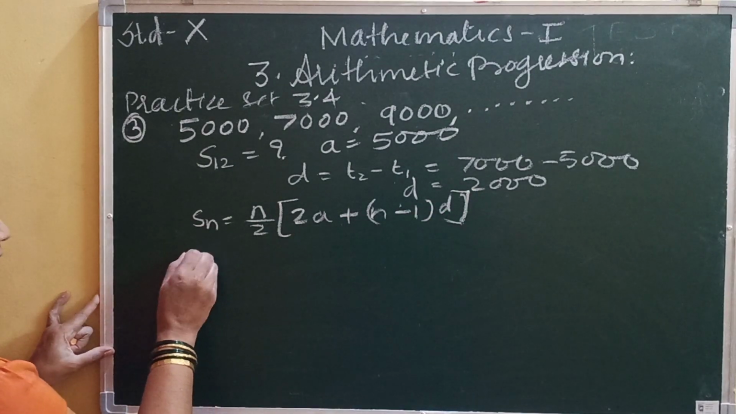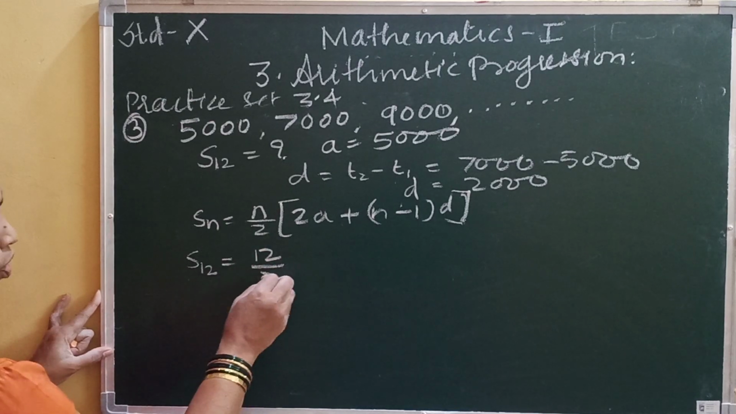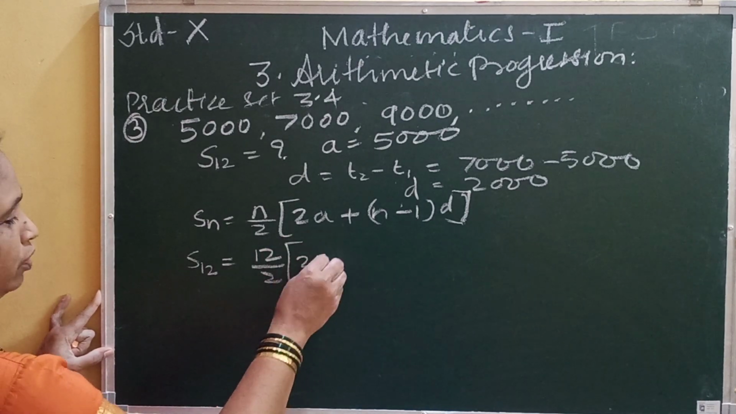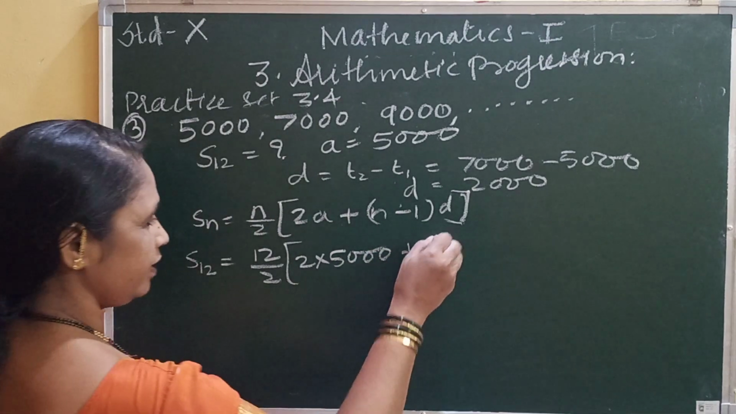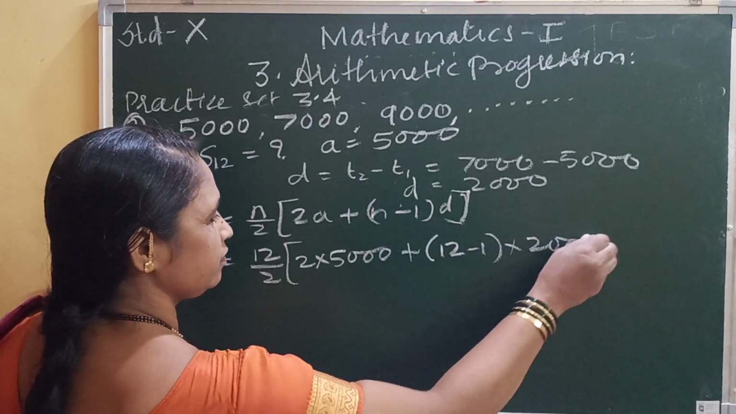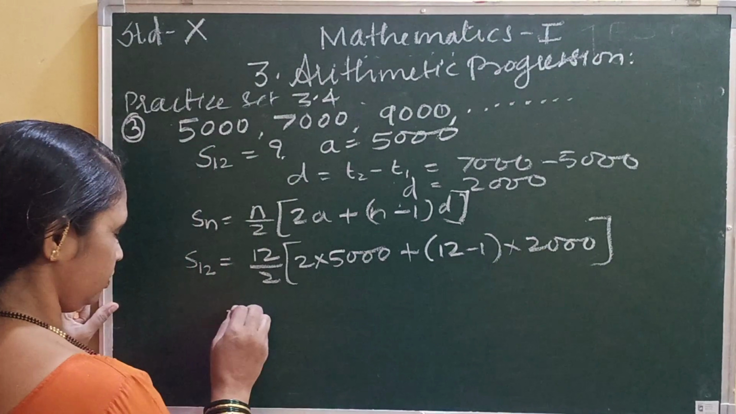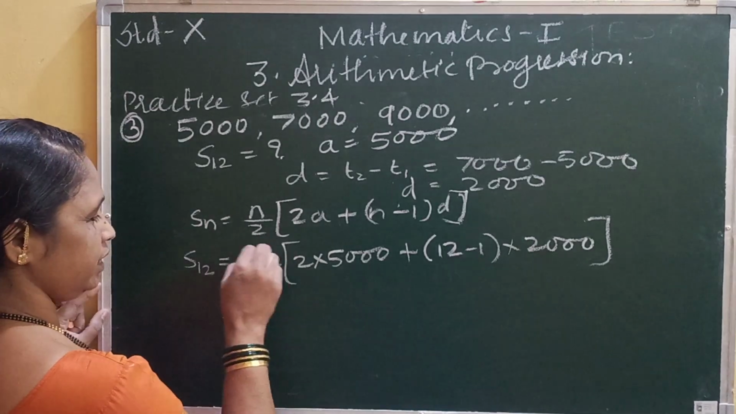Now S12 you have to find out. So S12 is equal to 12 upon 2 into 2 into 5,000 plus 12 minus 1 into 2,000. So this will be 6 into